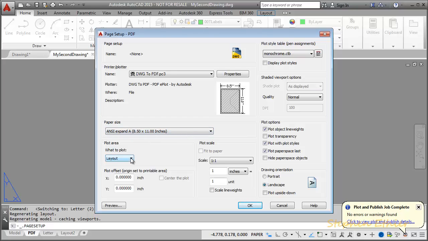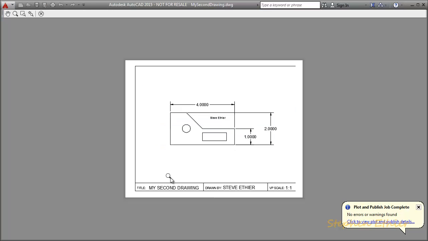Keep everything else the same, layout, scale, monochrome. But before we exit the page setup, we should check our preview. Notice that it has shifted and part of the edge is cut off. This is because the border for a PDF with that setup is different than our printer or plotter. Close the preview window,